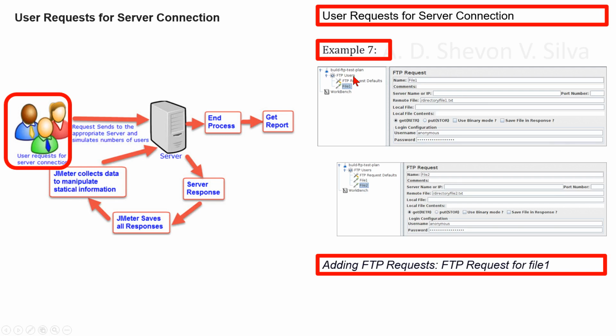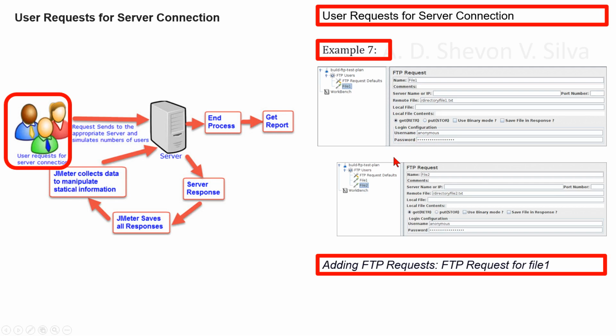Then select the FTP request element in the tree and edit the following properties. Change the name to file1. Change the remote file field to /directory/file1.txt. Step 3, then change the username field to